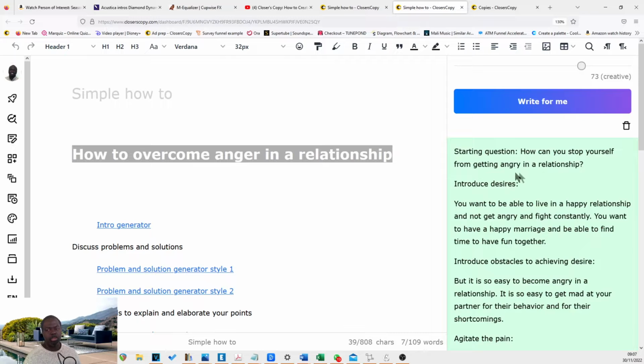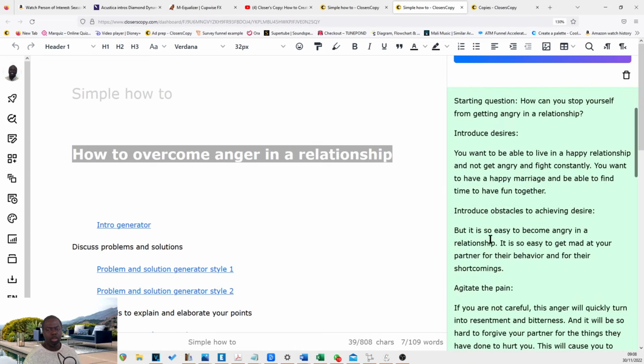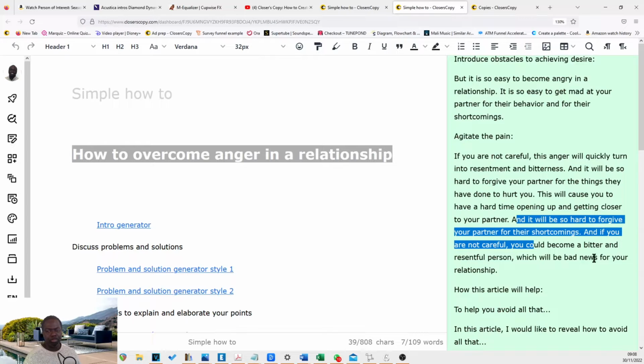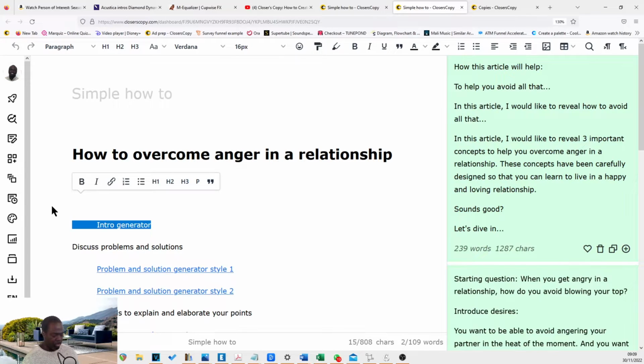How can you stop yourself from getting angry in a relationship? You want to be able to live in a happy relationship and not get angry and fight constantly. You want to have a happy marriage and be able to find time to have fun together. But it's so easy to become angry in a relationship. It's so easy to get mad at your partner. They have done to hurt you. This will cause you to have a hard time opening up and getting closer to your partner, and it will be so hard to forgive your partner for their shortcomings. And if you're not careful, you become so bitter and resentful. So we've got our